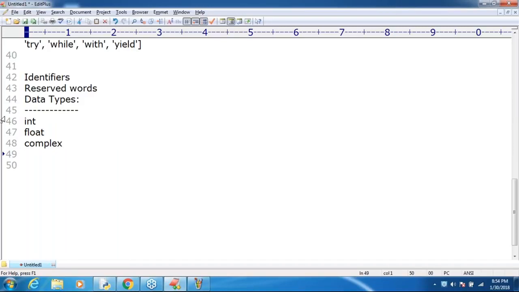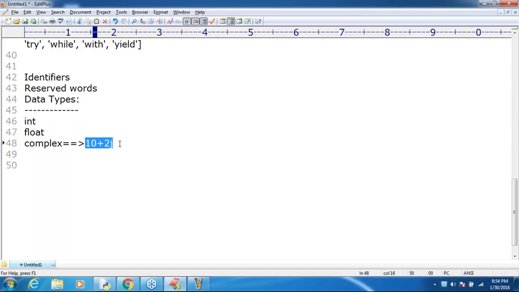Sir, if you want to perform scientific calculations, if you want to develop scientific applications, then Python is the best choice, because Python contains complex data type also. Something like 10 plus 2j, somewhere in our childhood you may have heard about this type of convention in our mathematics.